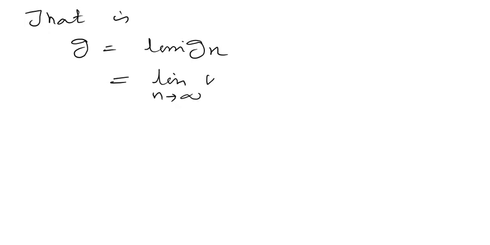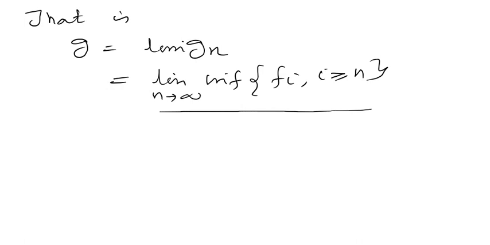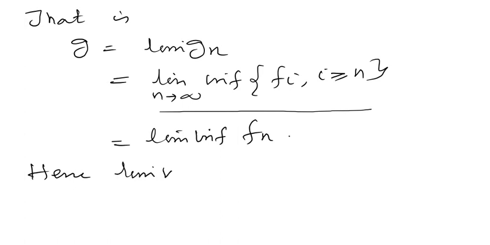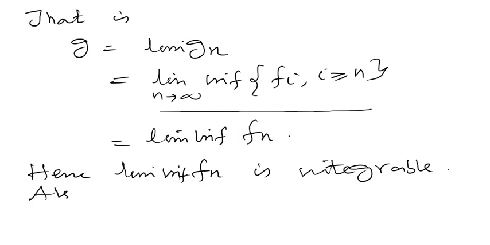What's Gn? Gn is the infimum of Fi where i is greater or equal to n. But by definition this is equal to the limit inferior of Fn. This is the definition of limit inferior. So g is equal to the limit inferior of Fn. So hence, since g is integrable, the limit inferior of Fn is integrable. So also by Levy's theorem,